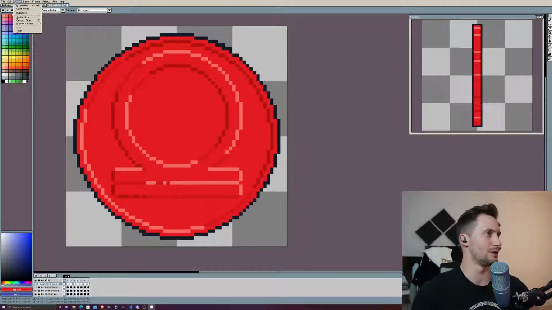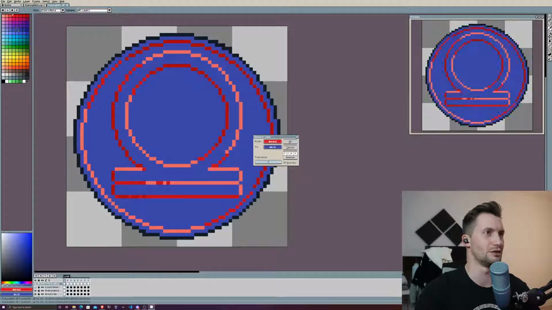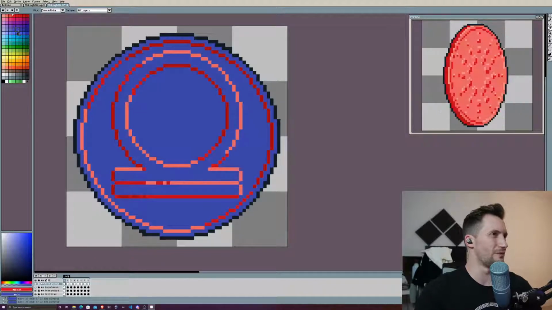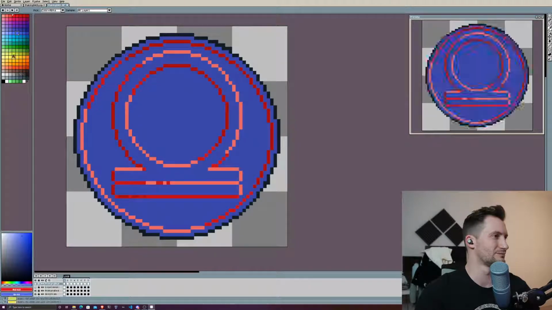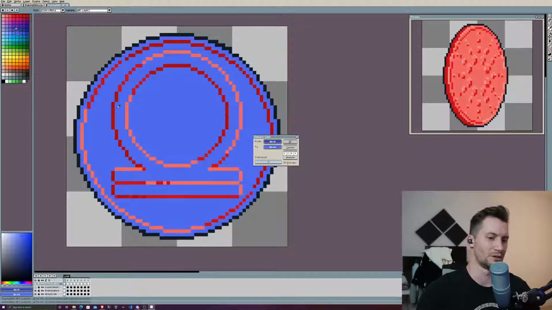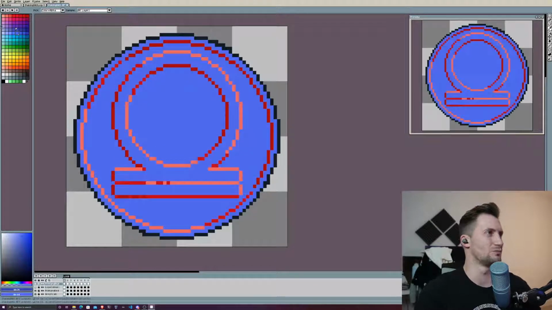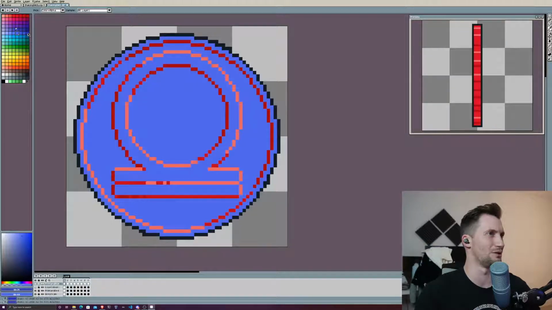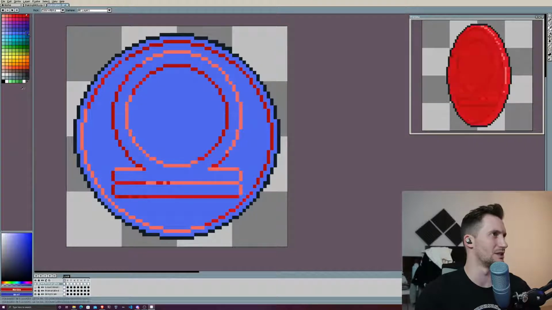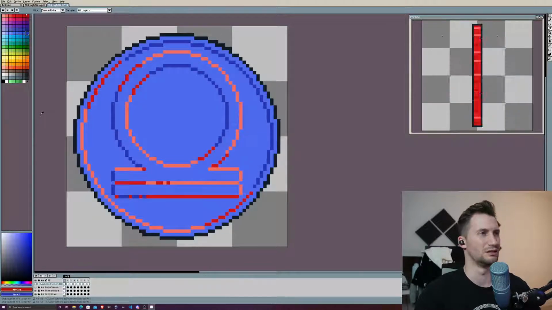So, select. Oh, no, how do we do it? I think we Shift R. There you go, look at that, bam. So this is blue. I'm not sure that I'm a fan of that. I think it might need to be maybe brighter. I don't know. We're going to test stuff out and see how it goes. We're going to dip this one, give it a dark one. Yeah, that's maybe a little bit better.